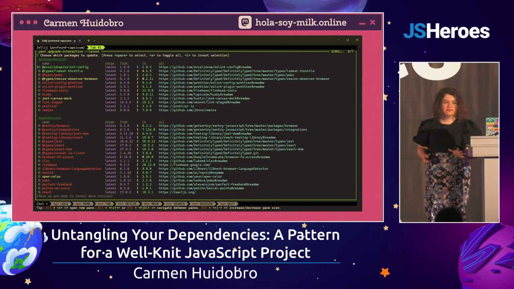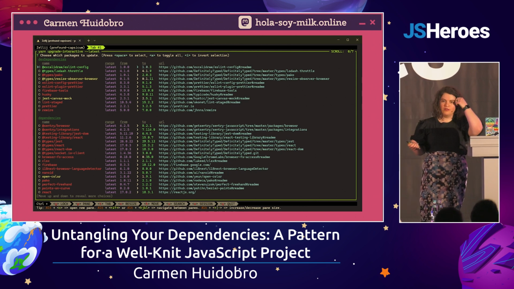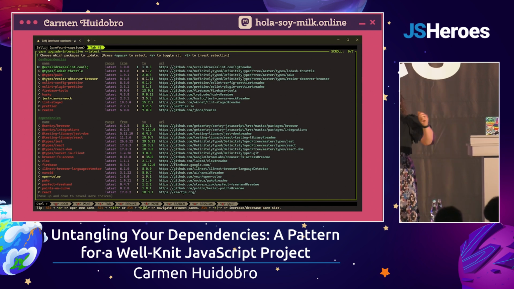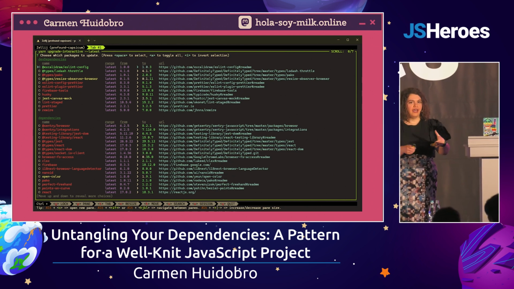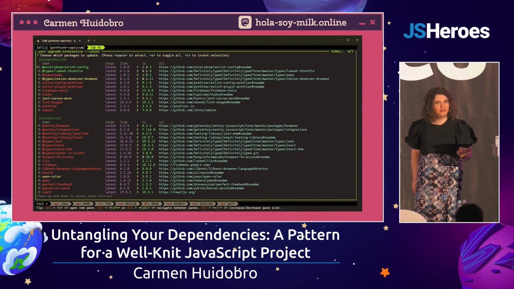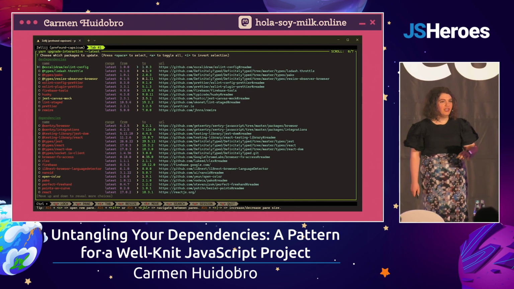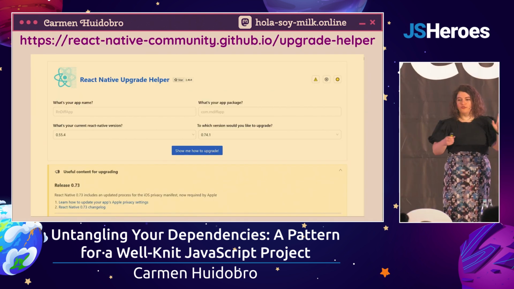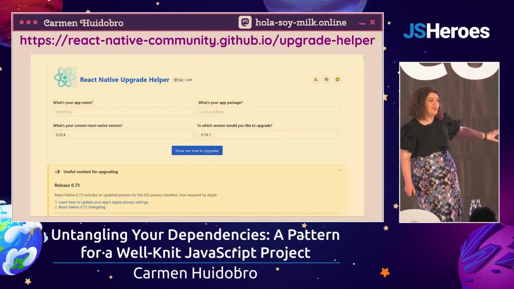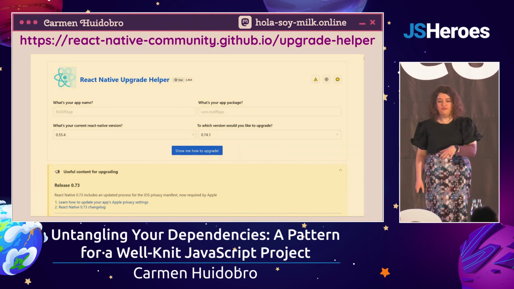Fantastic stuff. But beyond that, what if your environment is so complex? The thing about React Native is that you don't only depend on Node and React as the changes come to them, you're also at the whims of Apple and Google and the changes they're making. And the folks in the React Native community have made an Upgrade Helper. That just goes to tell you how difficult this is. You can just specify, I'm going from 55 to 74.